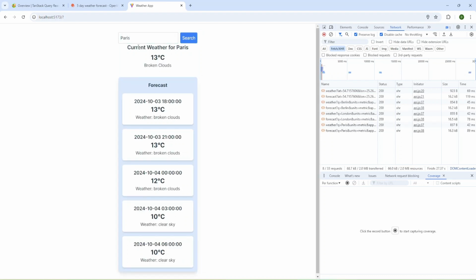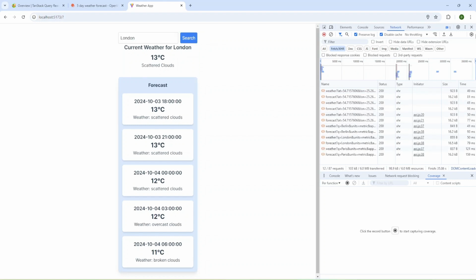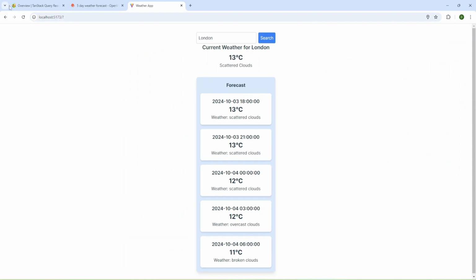And we have a request. And let's provide London. And now we don't have a request. Okay, and let me close this panel and refresh the page and provide city name and change city. And everything is working, and that's all that I had for today.